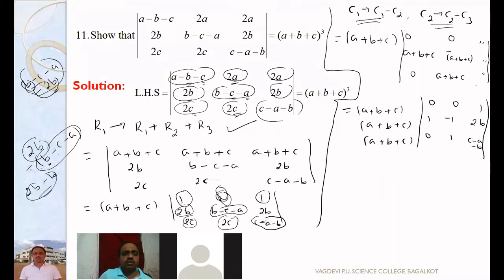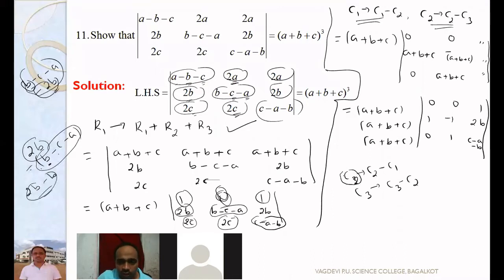Yes, C2 minus C1, C3 minus C2 also you can do. You can write C2 minus C1, C3 minus C2. But that is a wrong step. I'll explain. Mr. Kumar Bhagat, everybody has to listen. This operation is not appropriate. He is saying first C2 changes to C2 minus C1, then C3 changes to C3 minus C2. It looks correct when you look at this, but this is wrong. I will tell you why.